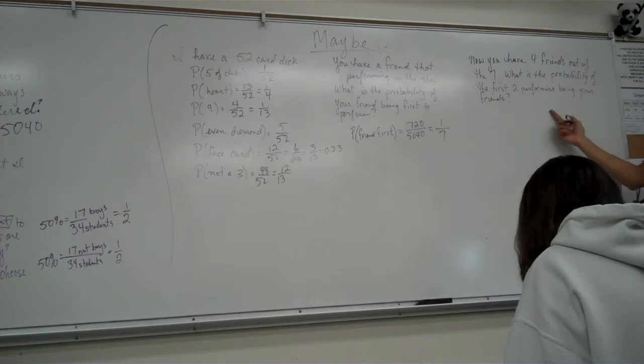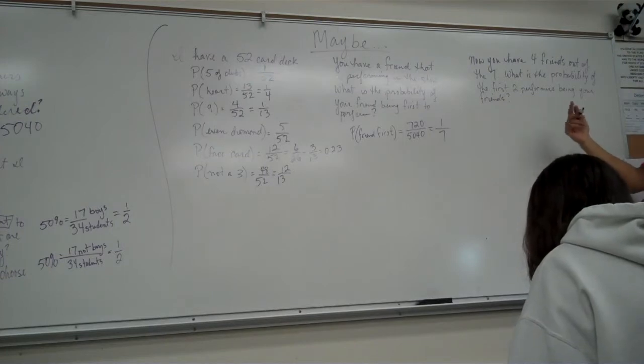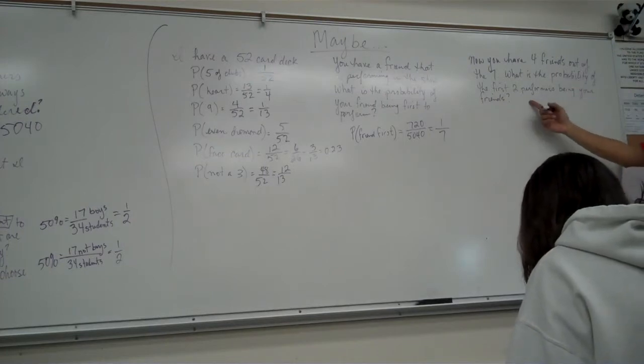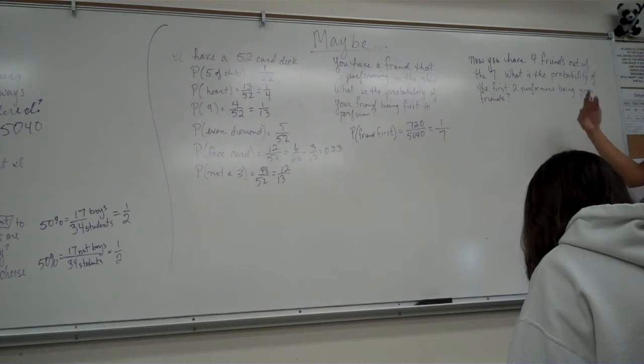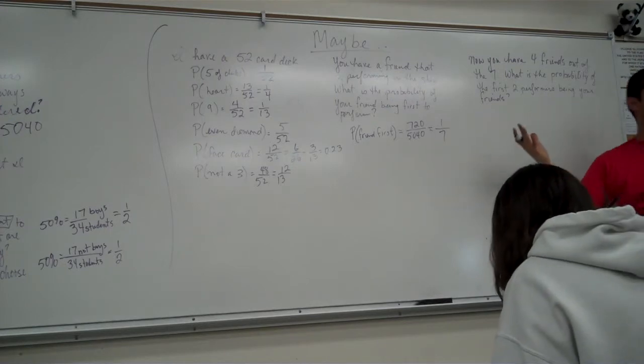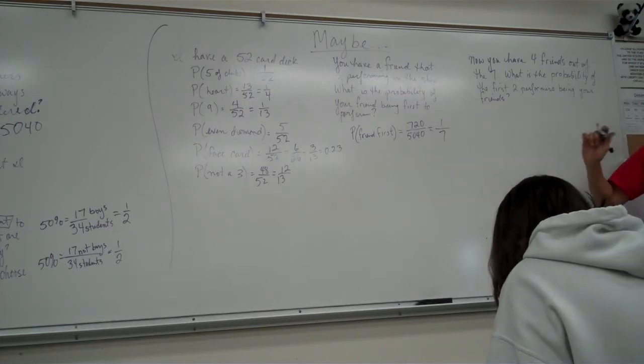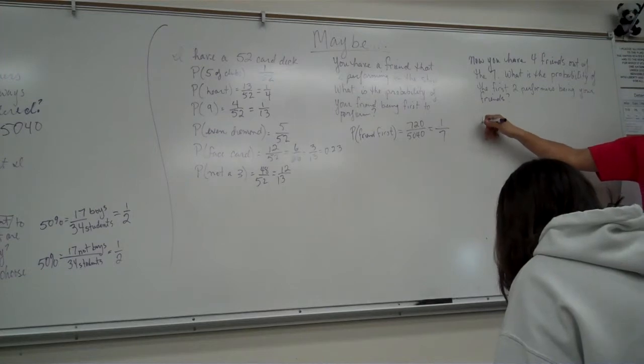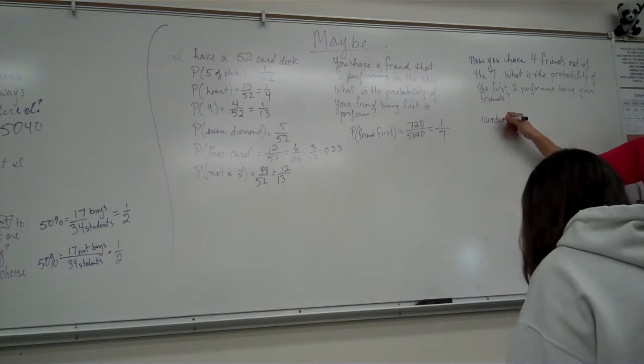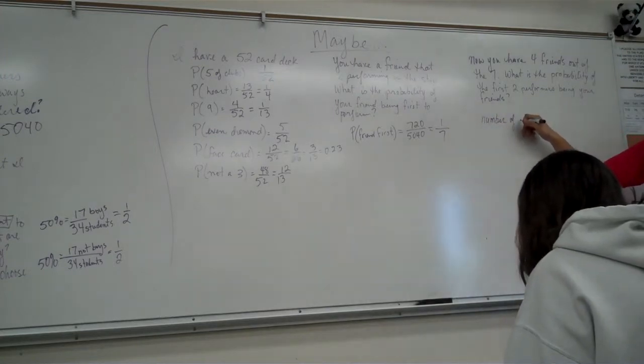Okay, so now we have 4 friends out of the 7. Out of the 7 people that are going to perform, 4 of them are going to be our friends. What's the probability of the first 2 performers being our friends? Here's where it kind of gets interesting, because we have to consider the number of our friends